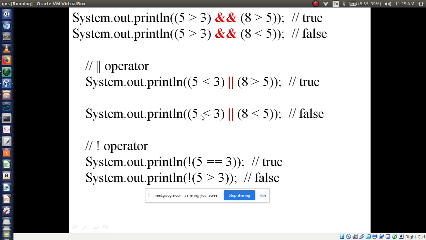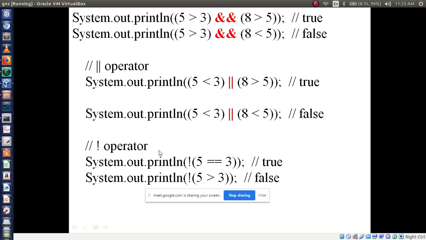Now in the second OR, 5 greater than 3, the condition is true, or 8 less than 5, and we are getting the result false, because it is the exclusive OR operator.